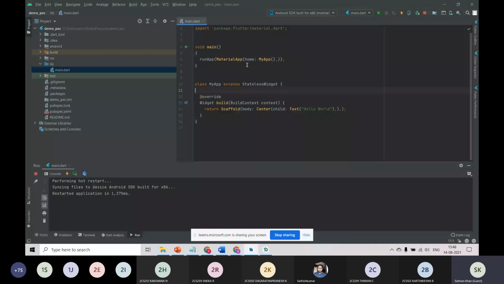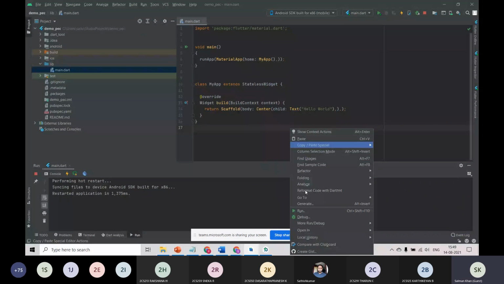And here you can see we are using just the stateless widget. So whenever you use any class, the class is where you write your code, and MyApp is also a widget, and that should be a stateless widget. That is what I'm stating here. And apart from that, as I said before, under the material app the next widget should be the scaffold, and under the scaffold you can write any widget. And I will just format this code. That will be easy.